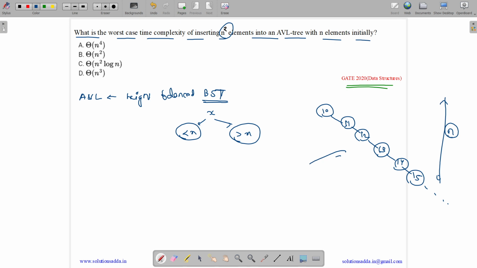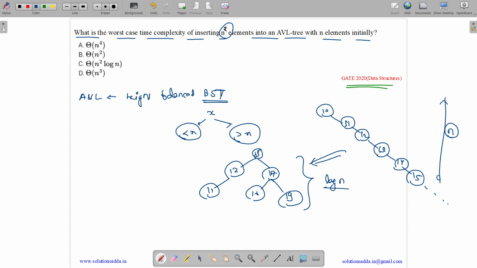So we try to make it height balanced so that we can make it perfectly balanced, something like 13, 12, 11, 17, 16, 19, something like this. This is height balanced and it has a height approximately equal to log n. So AVL tree has a height of order of log n. And if you want to insert an item, then it will take, in worst case, time complexity equal to the height of the tree, as we need to make comparison with all the items in a path. So insertion will take, in worst case, order of log n, where n is the number of items.